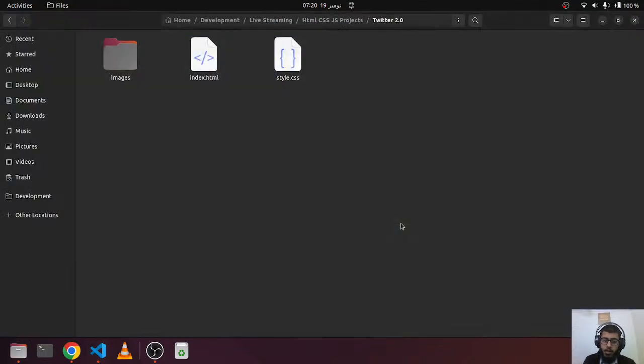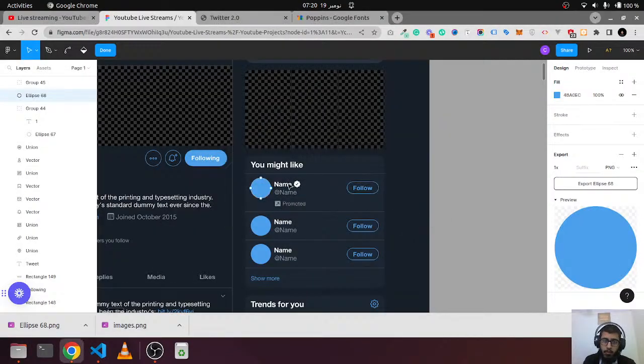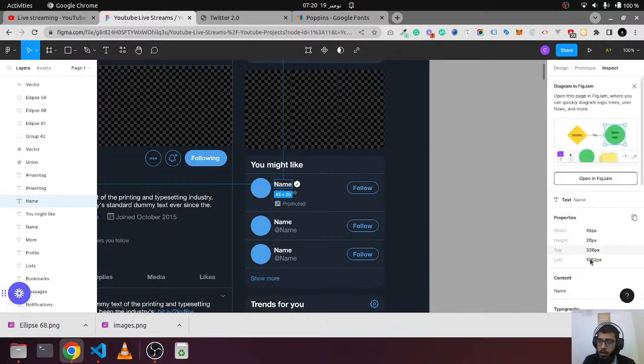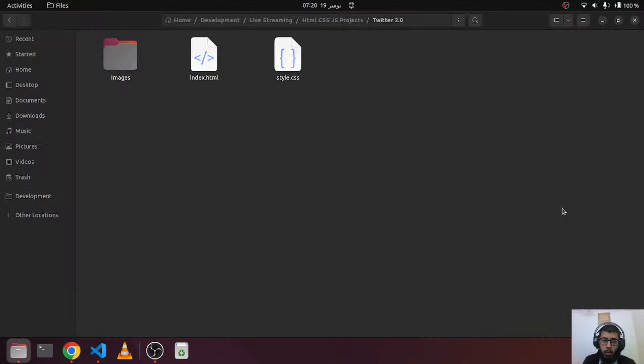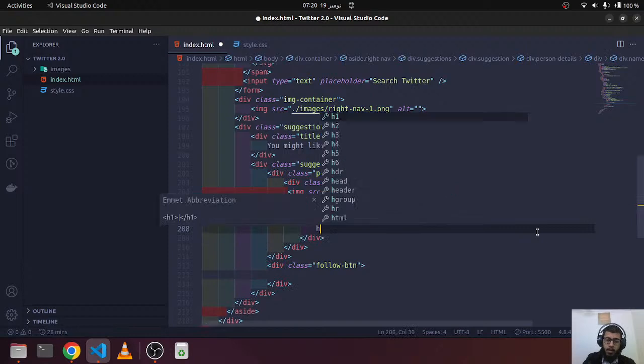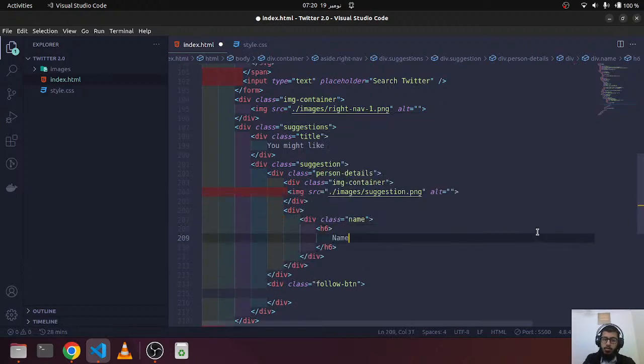And then we can say we have name, inspect, it should be like a display kind of name, and then here at 6 it should be name, and